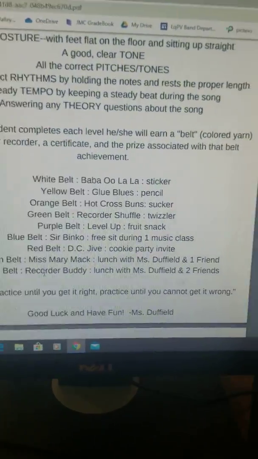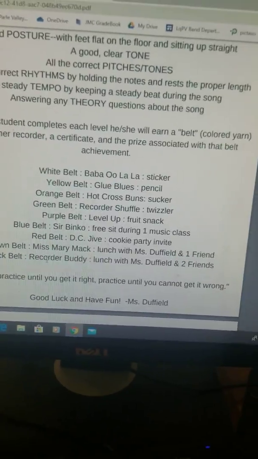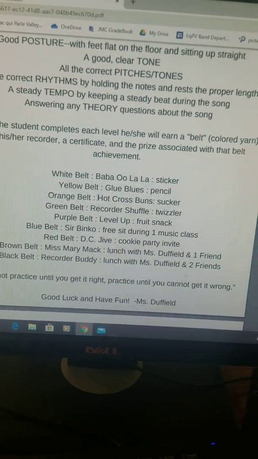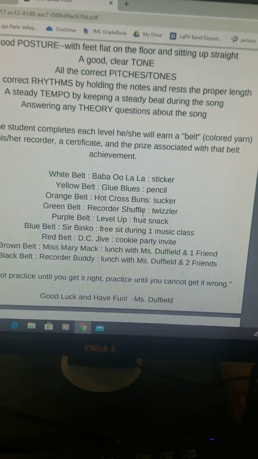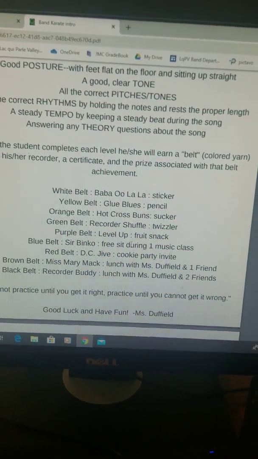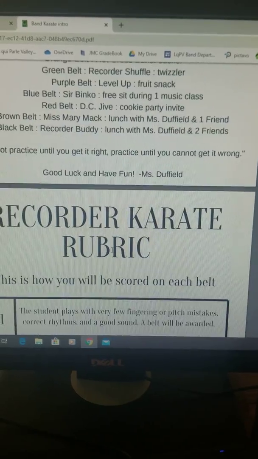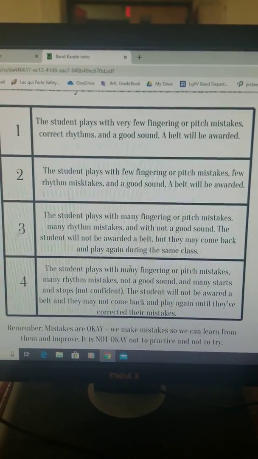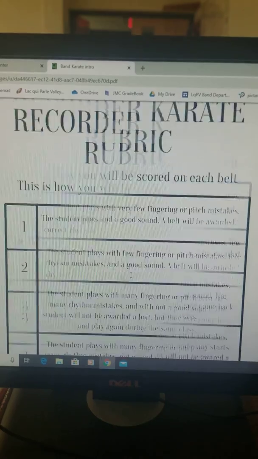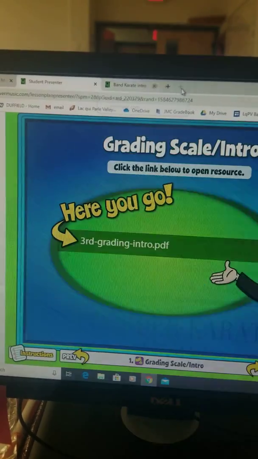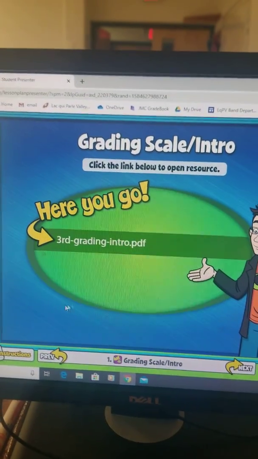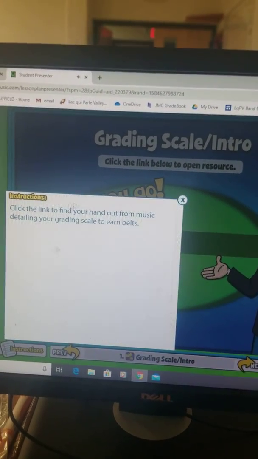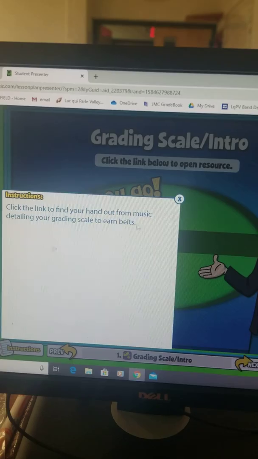Okay, our first one is for third grade, Ba Ba Ooh La La, and our first one for fourth grade will be Hot Cross Buns. It will be a different thing for fourth grade, so you'll have to take a look at that if you're in fourth grade. And then this is the rubric of how I will grade you when you send me a video. Okay, going back to Quaver, you can see anytime I will give you instructions, there are certain instructions over here on the left,